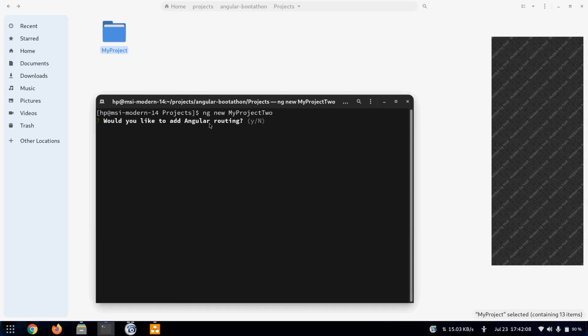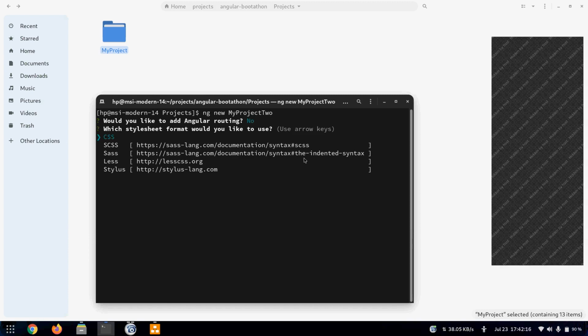Okay, so we just use this ng new my project. Then it will ask if you would like to add routing, and we are saying n here because we don't want that right now. And then it will ask us which style sheet. Excuse me. What is my project 2? Like you said, ng new my project 2. So it's the name of the project that we want to create. Okay, so we can give any name right now, irrespective of whatever name we've given to our folder, right? Yes. Okay.